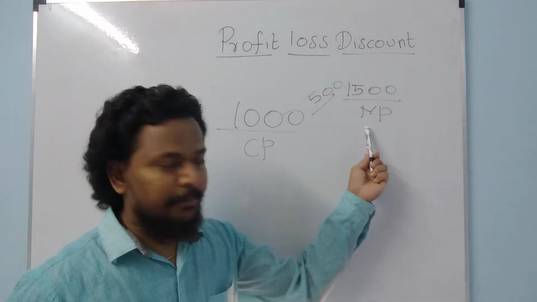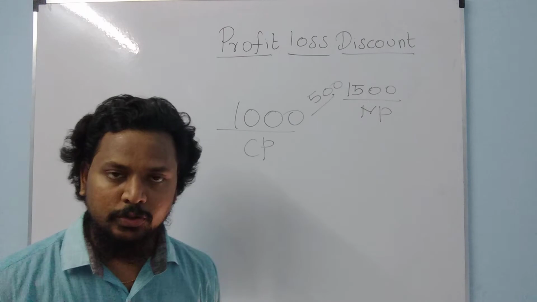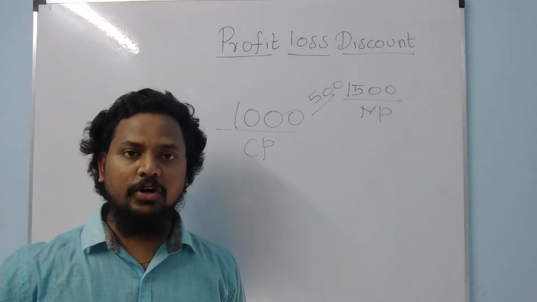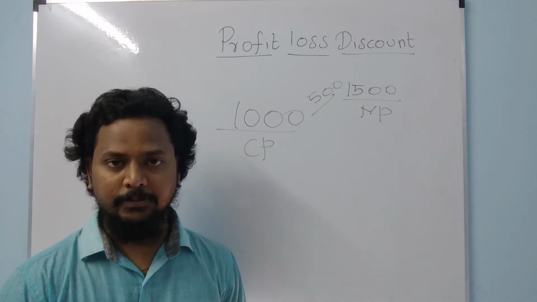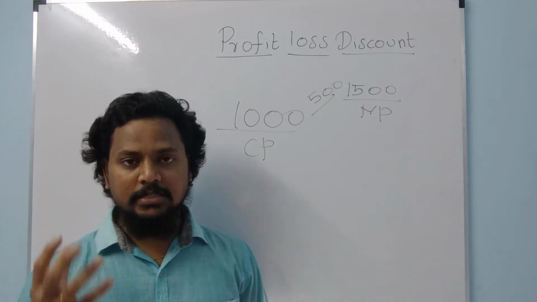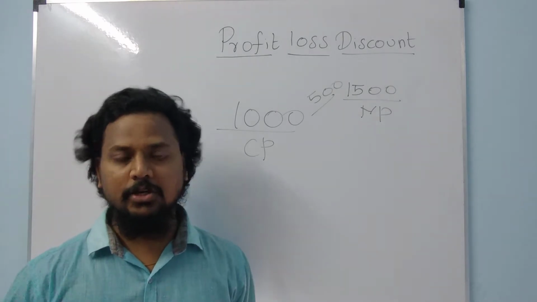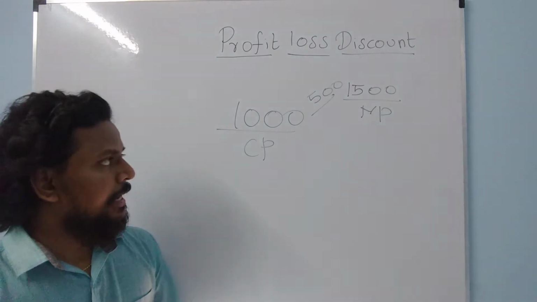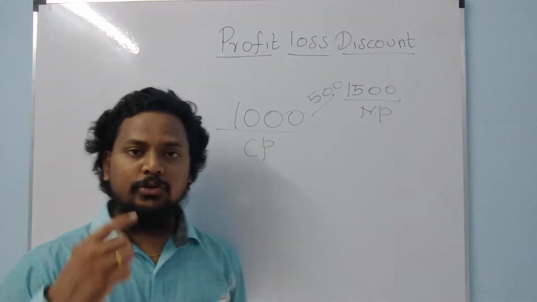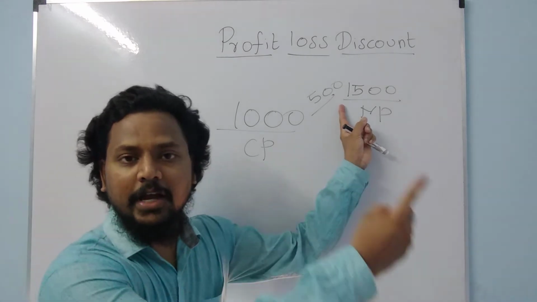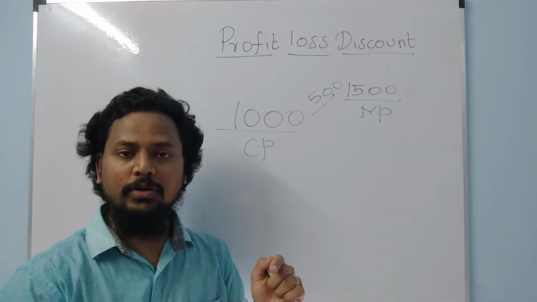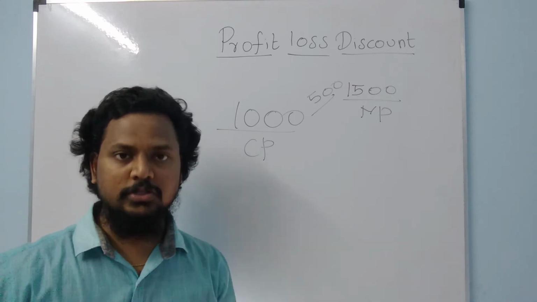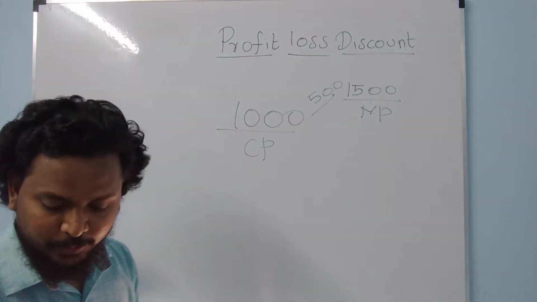So on this mark price only, one will give discount. All the discounts are given on a fake price only. Then only the shopkeeper will realize some profit. And the discount scheme is nothing but to promote the sales, as I already told. So if I give discount, I should consider this as the initial value. From the initial value, I should reduce the percentage of discount step by step if there is more than one discount. Okay, so let's see a sample problem.